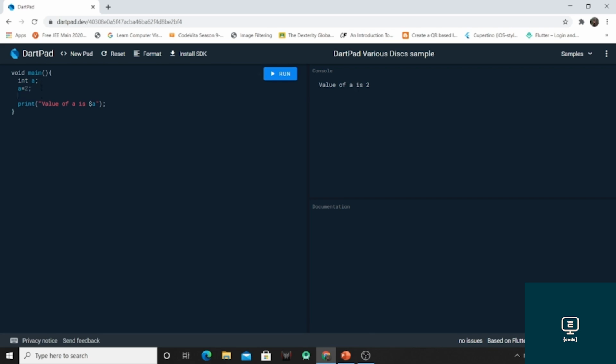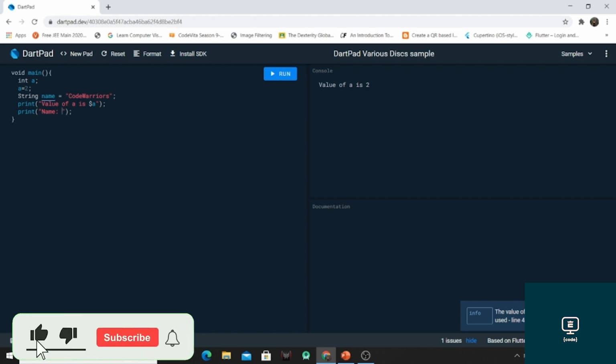Now the second one is string name is equal to code warriors, and we will print the value of name also. Now you can see that information is available that the value of the local variable name isn't used.